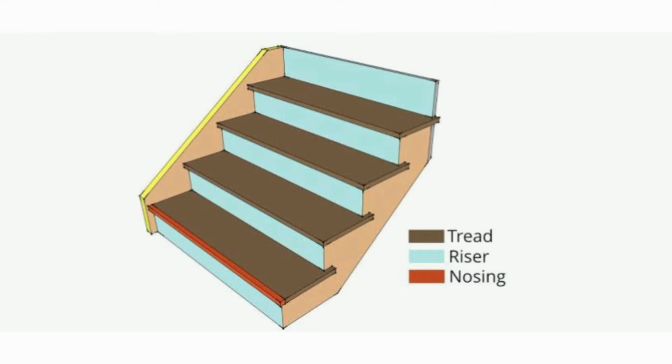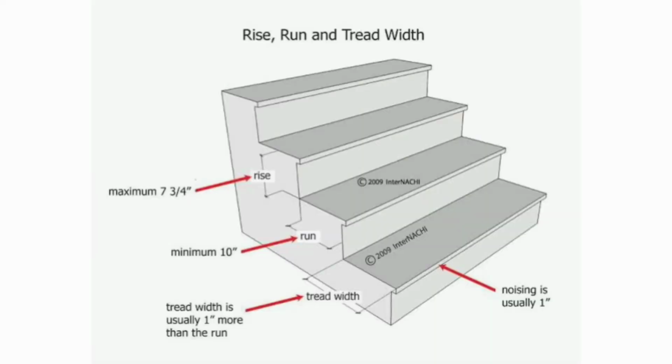And then we have the nosing, which is the edge of the tread projecting beyond the face of the riser. The nosing gives the tread a very nice finish as well as avoids sharp edges to avoid accidents. The depth of the tread should be minimum 10 inches to 12 inches so that one can step on it comfortably, whereas the riser ranges from 4 inches to maximum 7 inches depending on the height of the stairway.